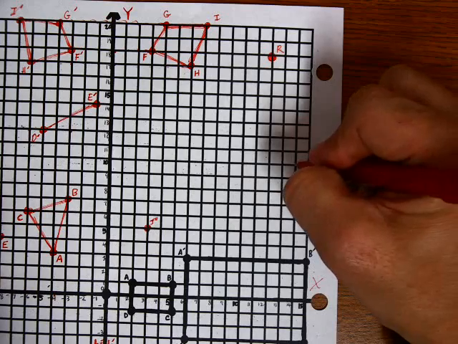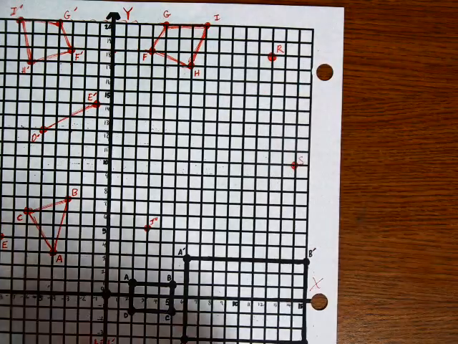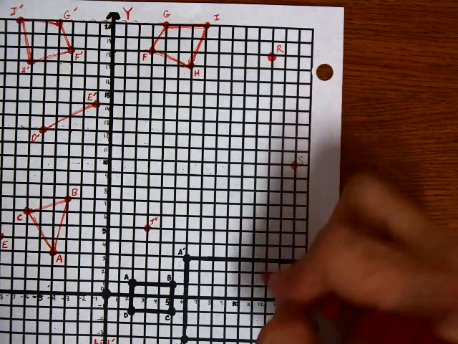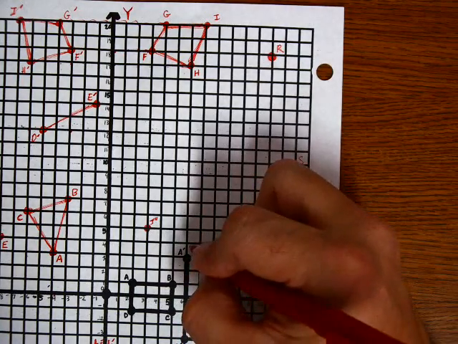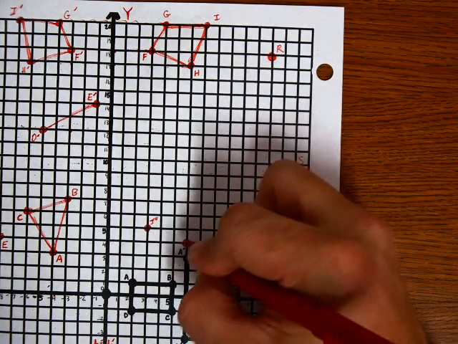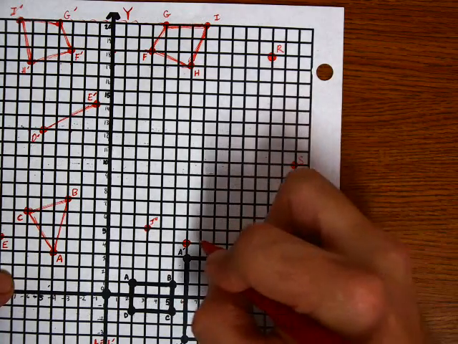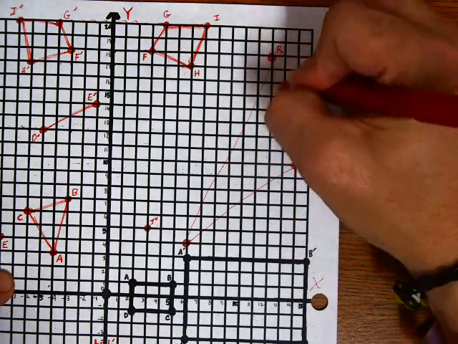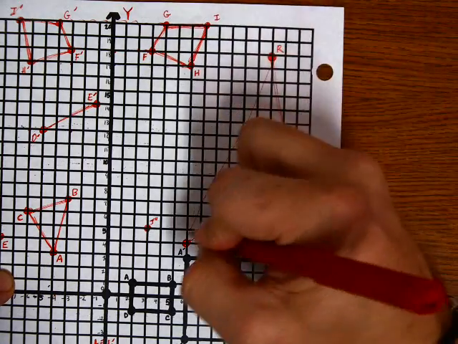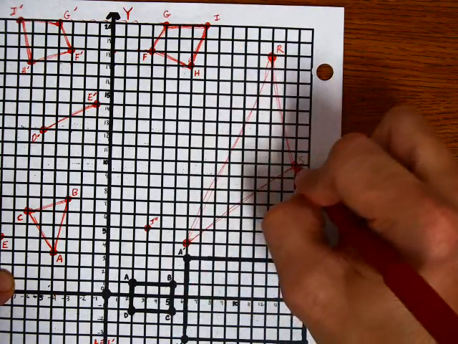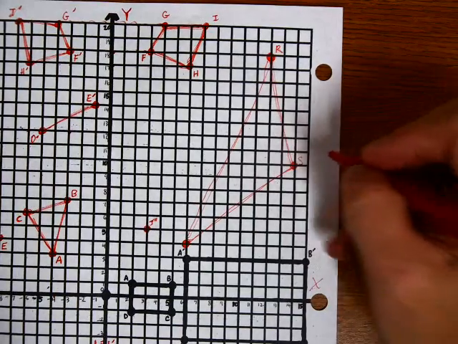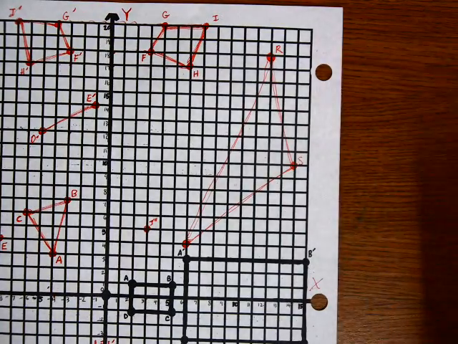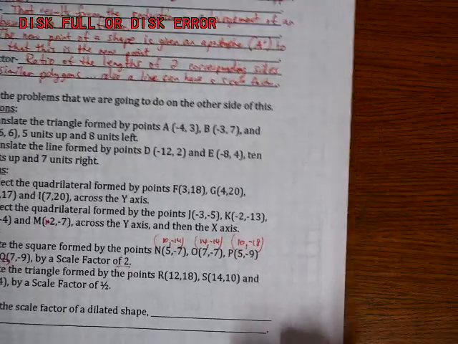So 10 is right here. 14, 10 is point S. And then point T is at 6, 4, which is right here. Okay, so I got this triangle like this. Now I'm going to dilate this by a scale factor of 1/2. So again, what that means is basically that every